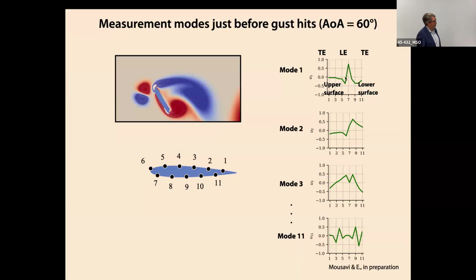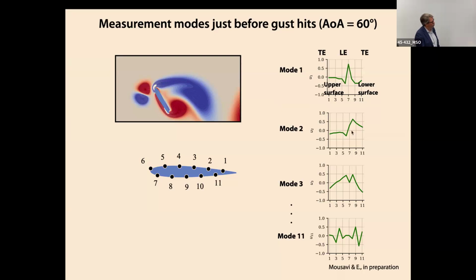There are eigenvectors associated with those low rank modes. And if you look at those eigenvectors, they tell you about how the sensors are being weighted, okay? So for example, right at this instant, and this is how the sensors are numbered, just for your reference, sensors near the trailing edge are not particularly highly weighted, but near the leading edge, not surprisingly, right? The leading edge is where all the action is here. Those sensors are being pretty heavily weighted, right?